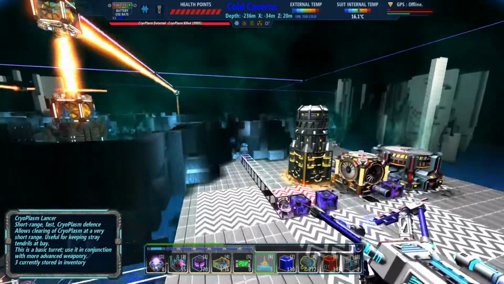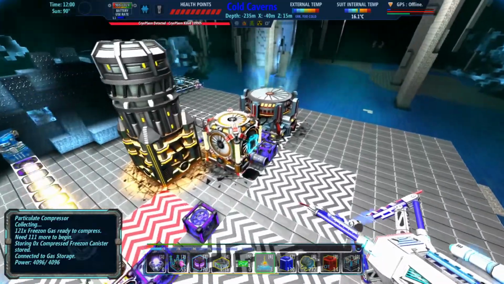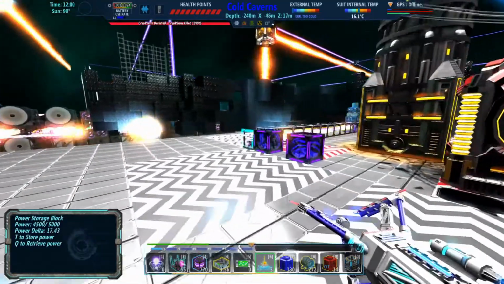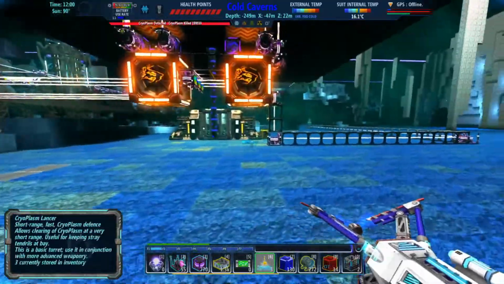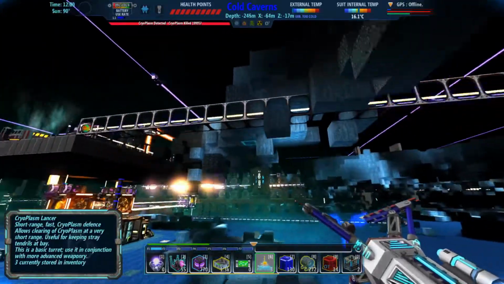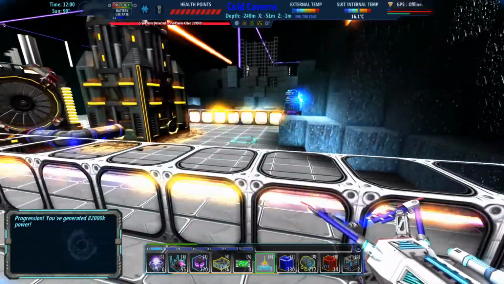So our filtration is still going. You can see I made it a little bit smaller. I have it running on one filter right now because let me tell you, this stuff is expensive, right? So, how much do we have done? You can see just cryoplasm everywhere. And you can see what I'm doing. I'm throwing out these Lancers as best I can to try to stop the spread, but